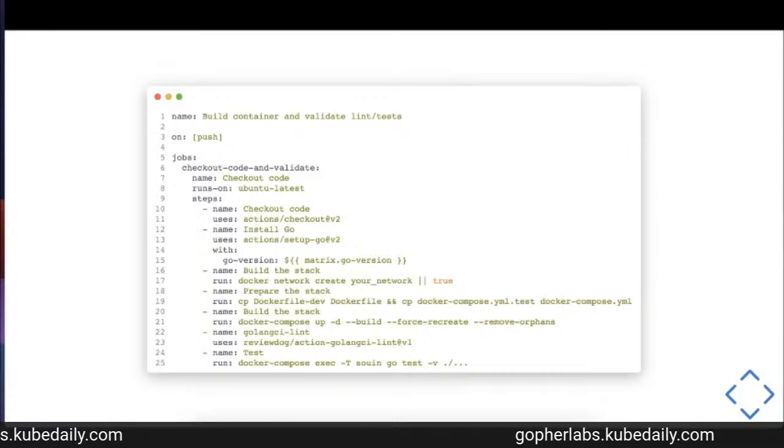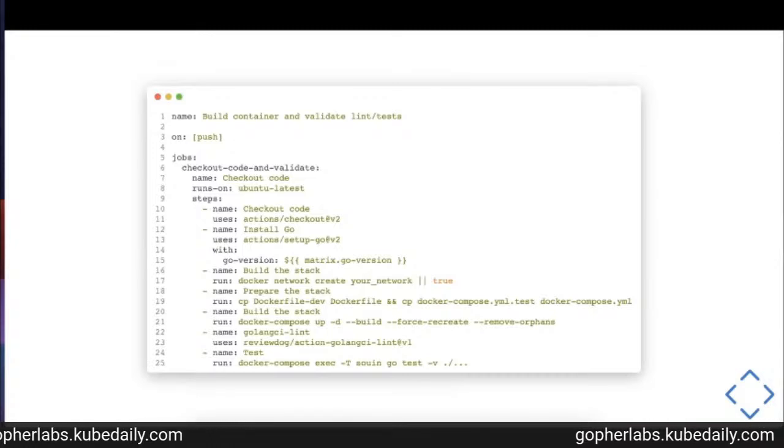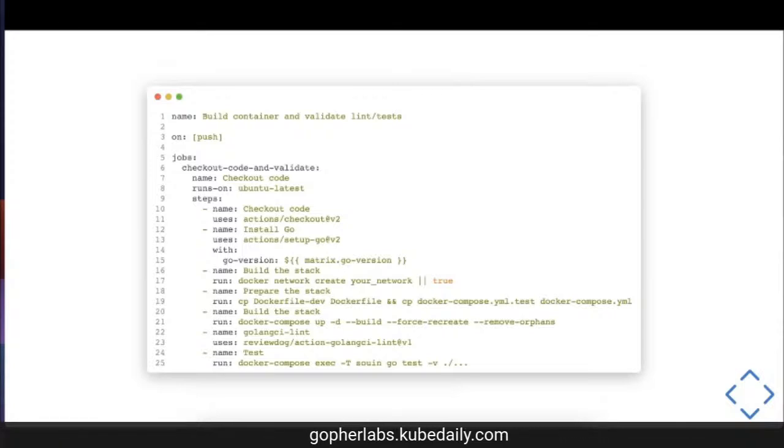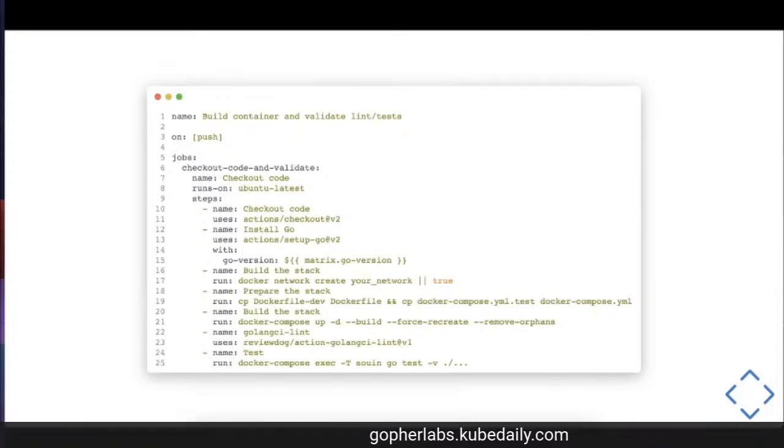I'm building containers, and after that I launch the Go test, because I sometimes need all the containers for the distributed cache, for example.